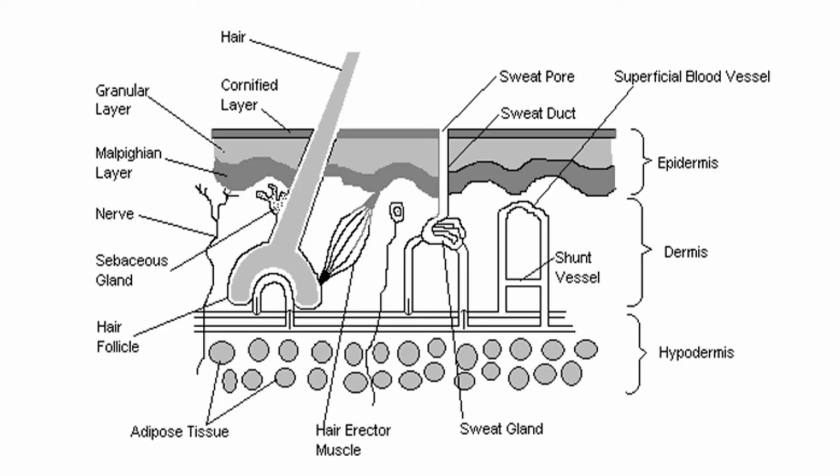The organ that helps in the maintenance or regulation of the body temperature is the skin. Regulation of the body temperature is mainly carried out by the skin, and of course under the control of the hypothalamus, which is found in the brain. So heat regulation is carried out by the skin and under the control of the hypothalamus, which is found in the brain.